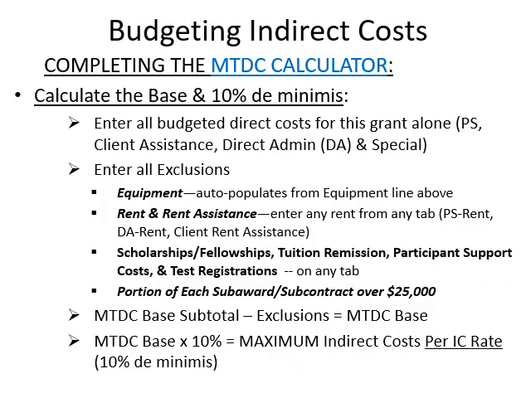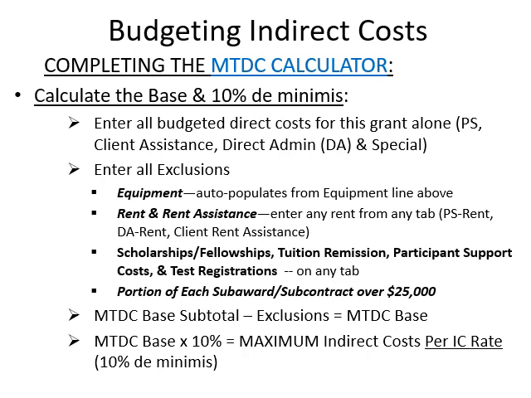So now that we've looked at some examples of screenshots of the spreadsheet, I'm going to walk you through the steps in completing it. So for the MTDC calculator, first you must enter all the budgeted direct costs for this particular grant: the program support, the client assistance, direct administration. If there happen to be any special line items in the 400 series, you would enter them all as I showed at the top of the calculator. Then you would enter any exclusions, in particular equipment, rent and rent assistance, scholarships, fellowships, tuitions,